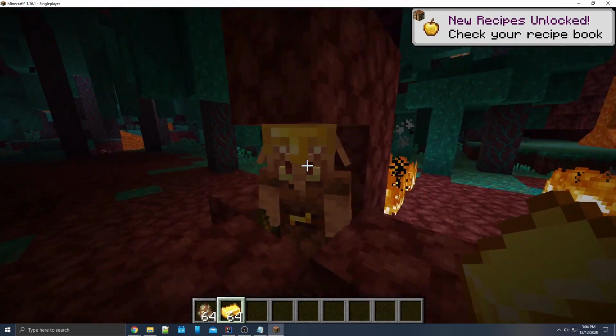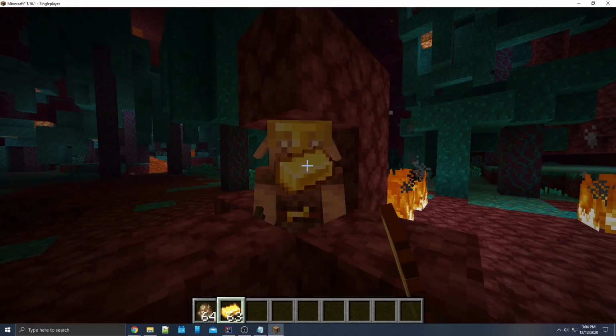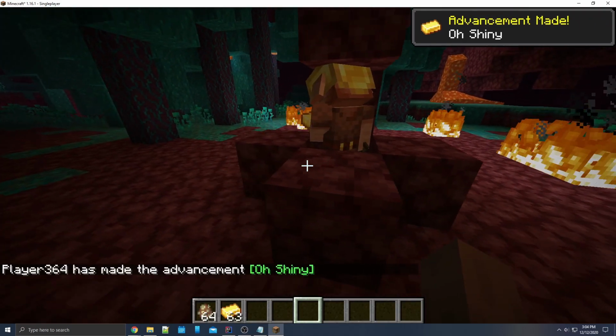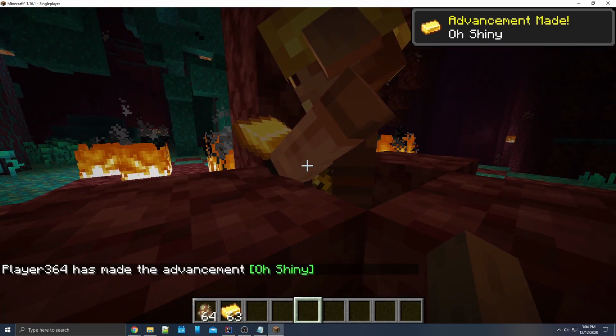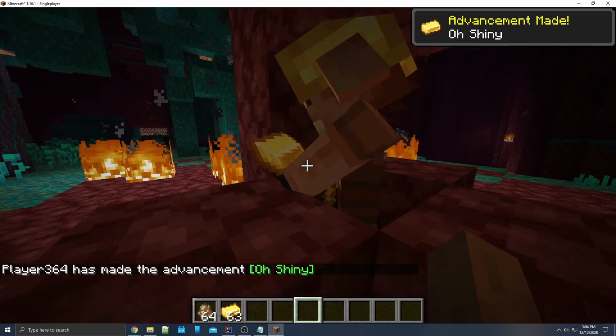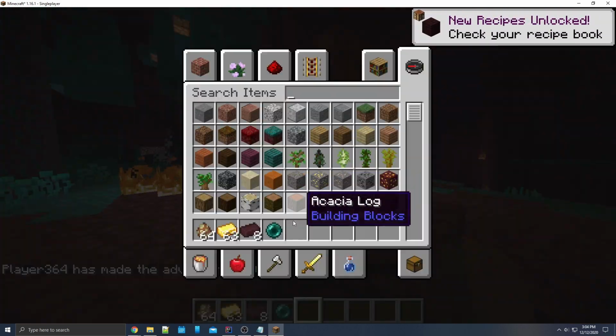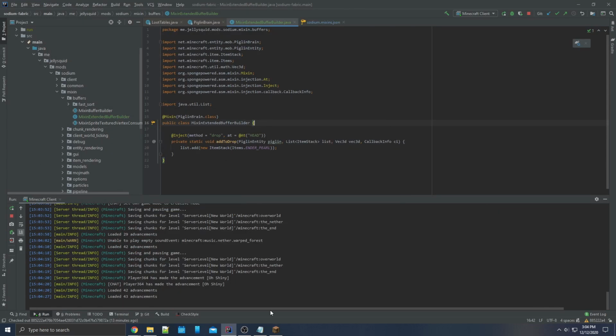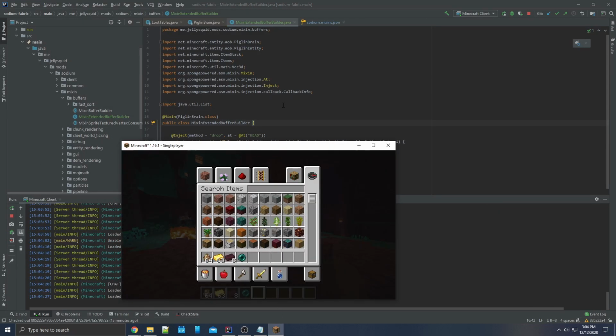Alright, I'm in the nether now. We're just going to try bartering with this piglin here. As you can see, there's our ender pearl that we added here in this inject. So obviously you would not do it this way because it doesn't work like that. So probably what you do